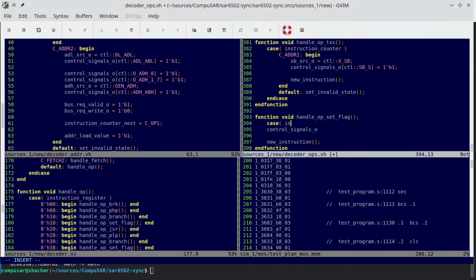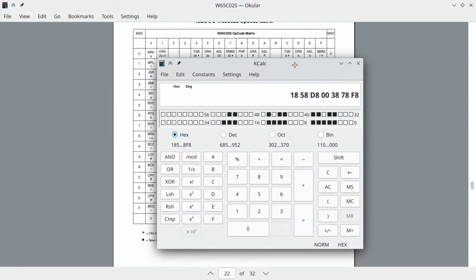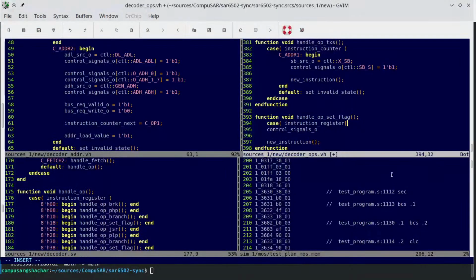So we want case, and we're looking at instruction register, but we're not looking at all the bits of instruction register because we want to save on logic. We only care about bits 7 and 6. Otherwise, we wouldn't have gotten here. So we're looking at instruction register bits 7 and 6. And then we're saying this is a 2-bit binary number. 00 is